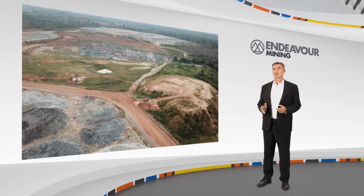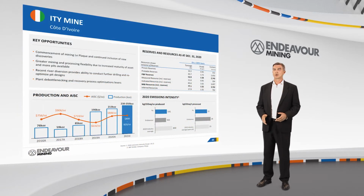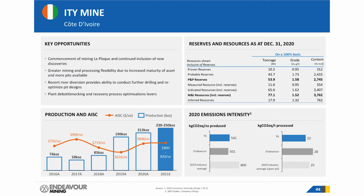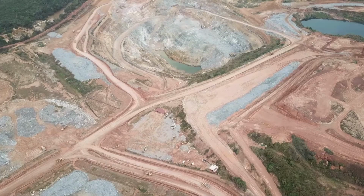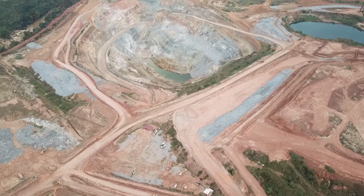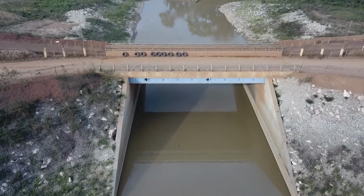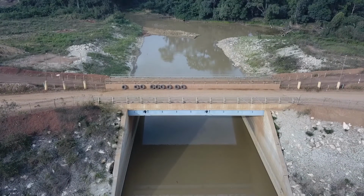The topography of the region is undulating, densely wooded, and has the Cavally River snaking past many of the deposits. This requires some very careful planning for the mine layout, and the projects team have done a great job to accommodate the plant, TSF and other facilities in a very compact footprint, whilst enabling scope for exploration to continue around the existing pits. We have now successfully completed 4 small river diversions to enable us to access and expand some